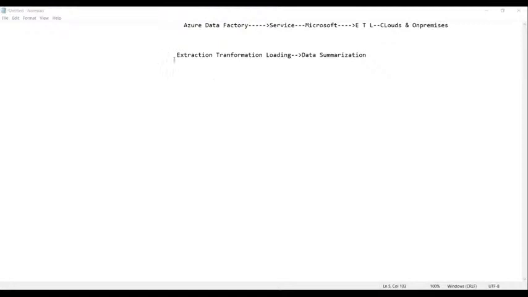Anyways, ETL stands for extraction, transformation, and loading. Whereas this extraction, transformation, and loading is a process where the data is summarized. So we can say data summarization. It is a technique which is used for data summarization. And this ETL is a very old technique, guys. Nowadays, even we are using